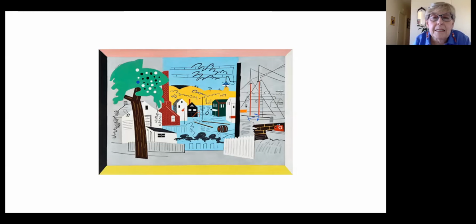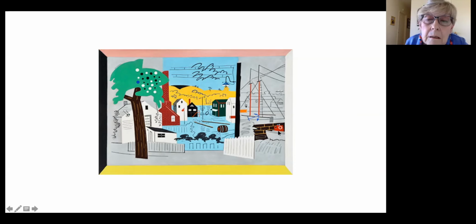Now here we are back to this Summer Landscape from 1930. It's in a private collection. And it's almost 4 feet long, so it's a fairly big painting. It shows a scene up in Gloucester, which he loved. And you kind of get that here. You see the sails and the masts of a couple of ships.